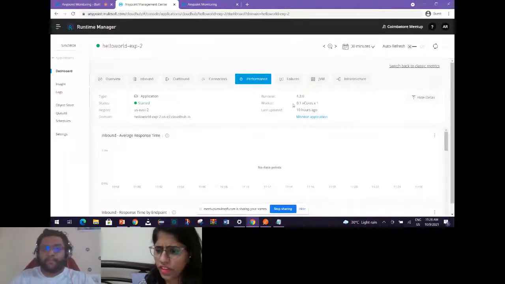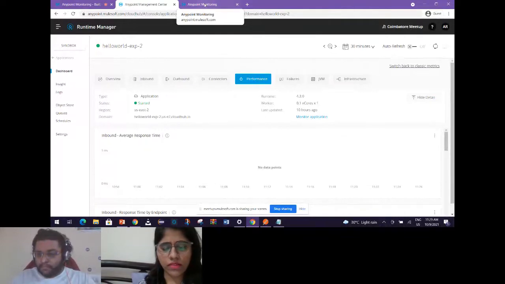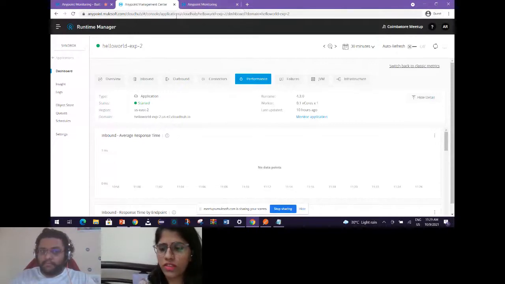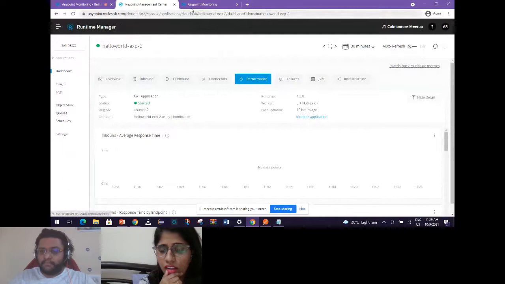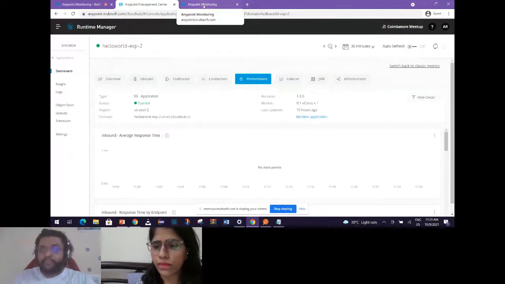Is there any way to do similar kind of monitoring in Anypoint platform rather than in CloudHub? I'm sorry, can you please elaborate more? Maybe we can understand, Akshaya, what do you mean? Because Anypoint platform is the only thing you're able to say, and this is the same thing we call CloudHub also. Actually, you have a mic now. If you want to clarify, you can. I enabled her.